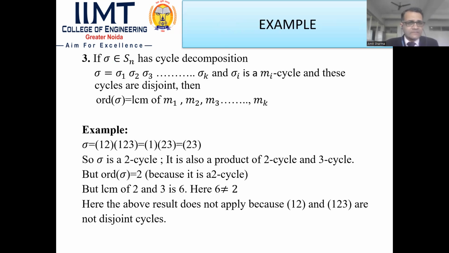What is the next result? If sigma belongs to Sn has cycle decomposition sigma equal to sigma 1, sigma 2, sigma 3 up to sigma k, where sigma i is an mi cycle and these cycles are disjoint, then the order of sigma is equal to the LCM of m1, m2, m3 up to mk. Here note one point, that this disjointness of cycles is very, very important. If cycles are not disjoint,